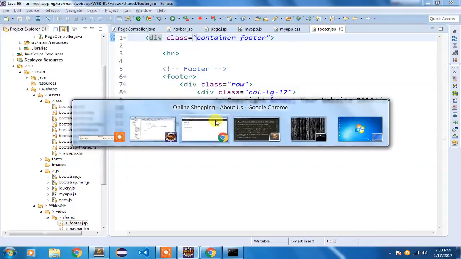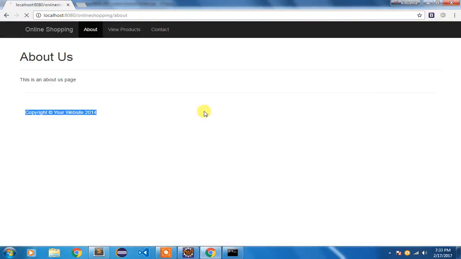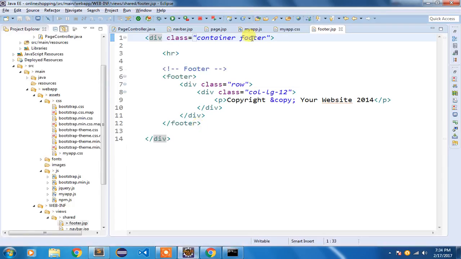Let us view what has happened till now. See, nothing has changed yet. If I go to contact, it is also displayed here. Why? Because I have not assigned the footer a position of absolute, because I want it at the bottom. That's why I've added that footer class here.